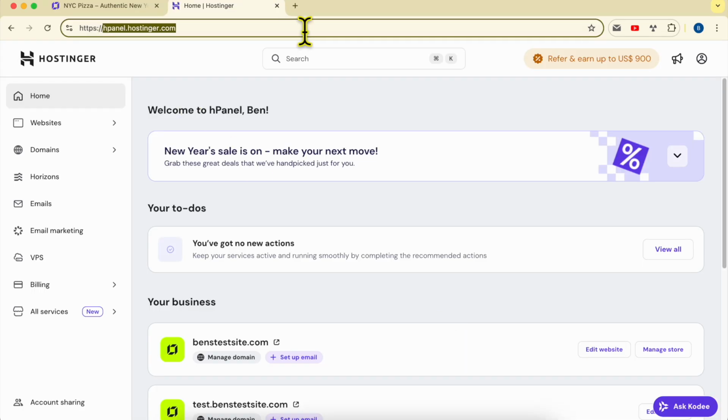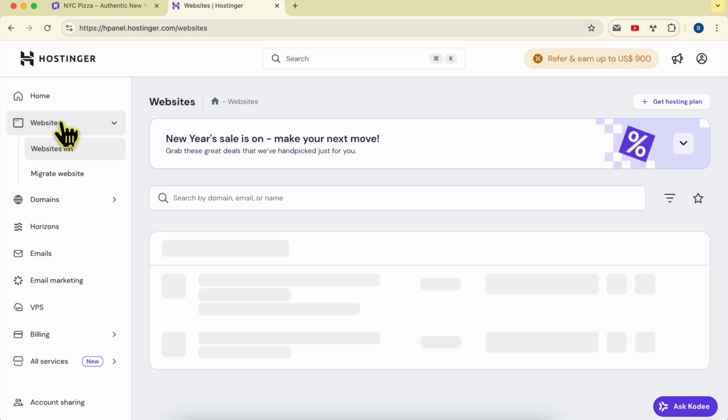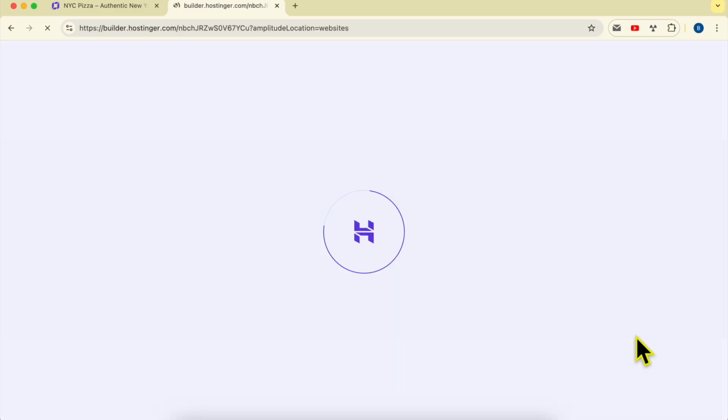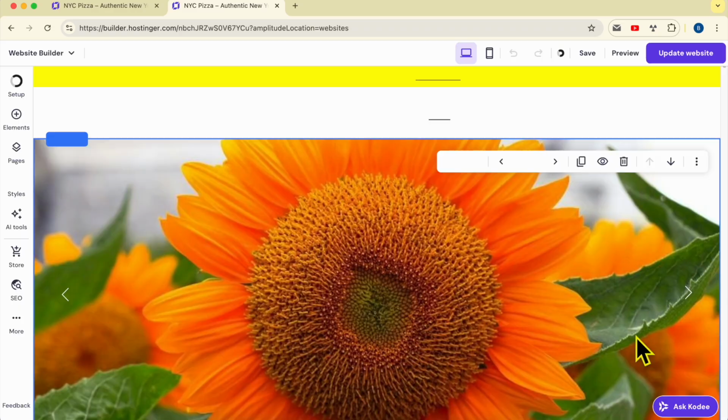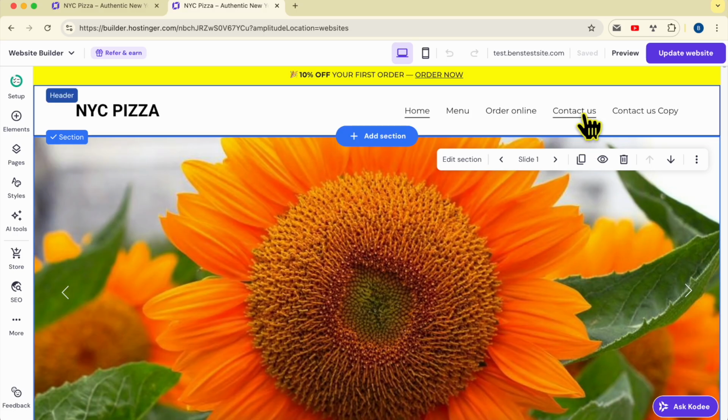First, go to hpanel.hostinger.com, then log into your Hostinger account and click on websites. And next to the website that you want to add your social links on, click on this edit website button. Now this is my website in Hostinger website builder, and first I will show you how to add social links